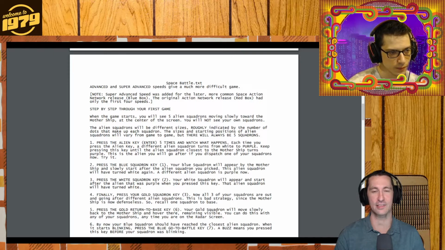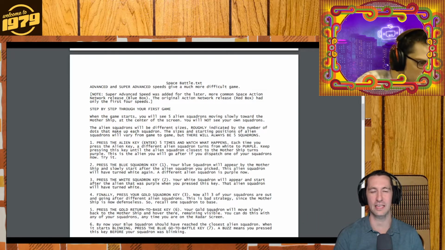Okay, so it's us targeting an alien to come, and then if we press the blue squadron key, our blue squadron will appear by the mothership and slowly start after the alien squadron, and the alien squadron will turn white again. So they're using the colors to determine where they are and what they look like, or how to do attacks. And then if you push the white squadron key, the white squadron will come